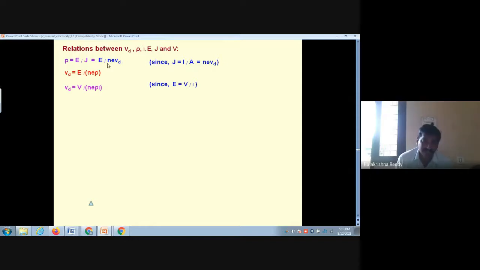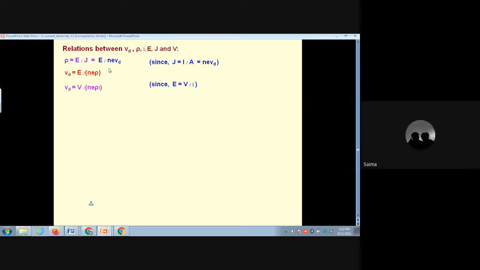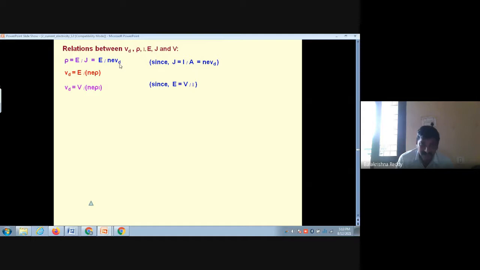How is this electric field related? I'll come back to that from the previous resistivity equation. Okay, let us continue. Now from this, I make drift velocity v_d the subject. Can I make it? Yes, I can. When I bring v_d to this side, E by rho comes to the other side, n e rho. Then further, we know the electric field equals the relation between electric potential and field, V by L, that is electric potential per unit length, so v_d equals V by n e rho L.